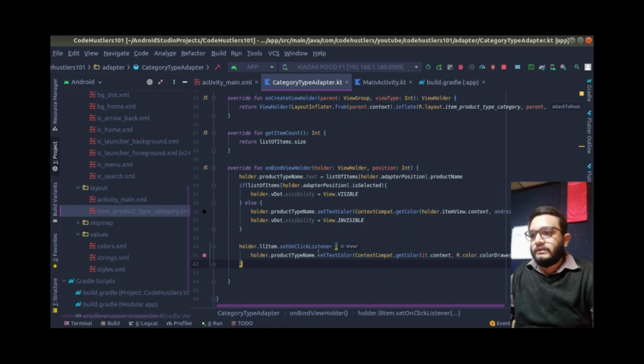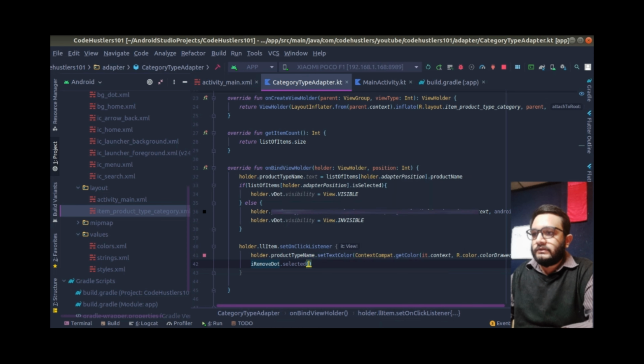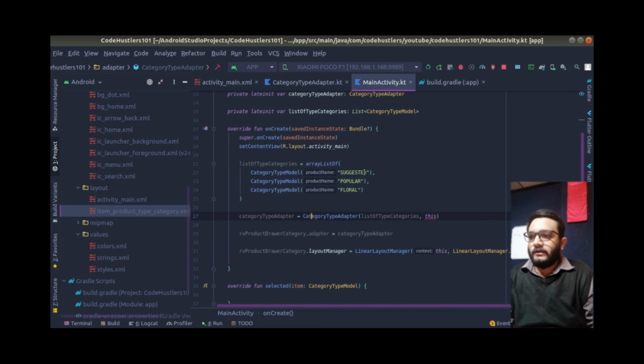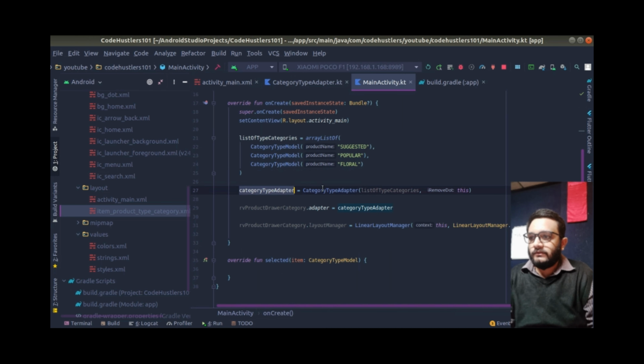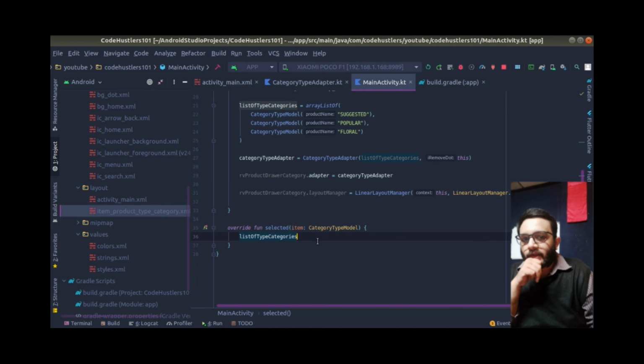Whenever we click on this, we'll use IRemove dot selected and pass holder dot adapter position, list of items this. So you got it? I think this will call that, and then what we'll do is we'll use this list of this type of categories,